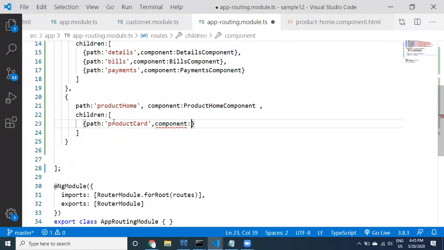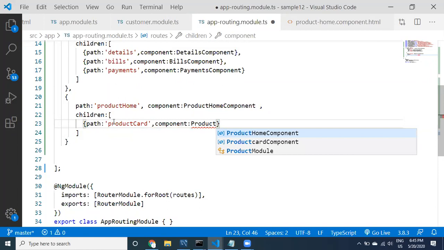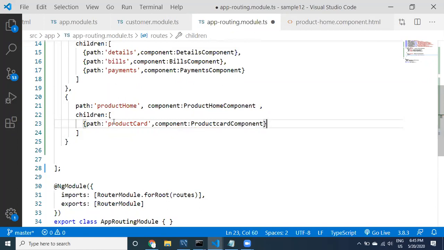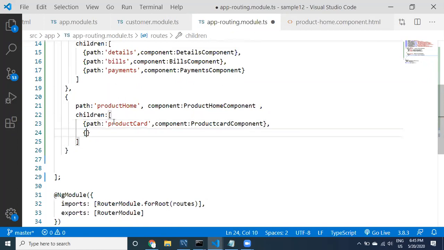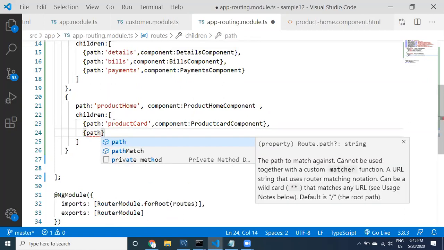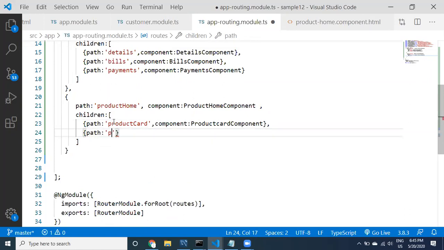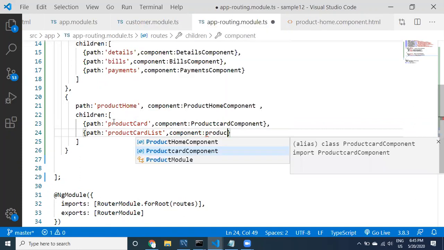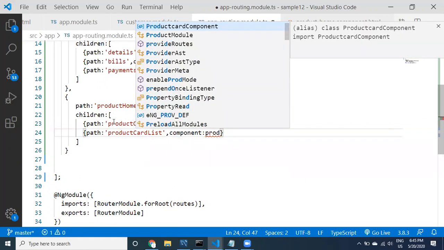Component equal to product card component, comma. The next one is path product card list, the second thing. For this, component equal to product list card.